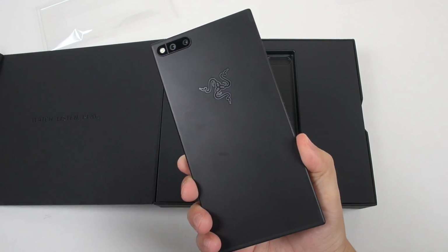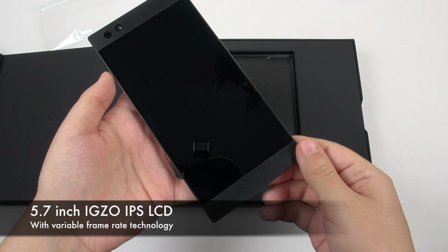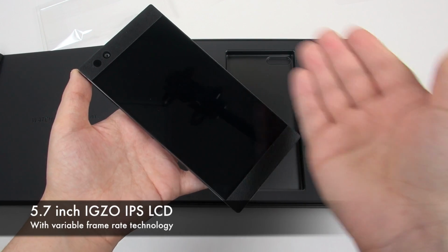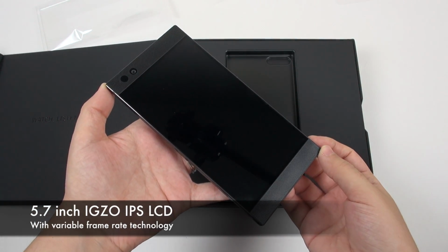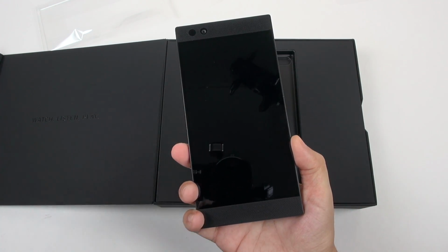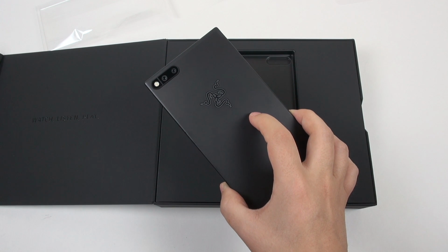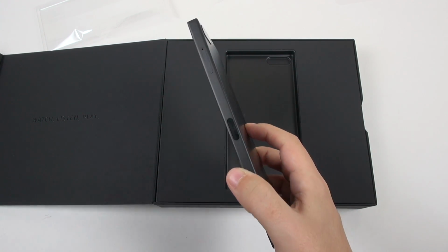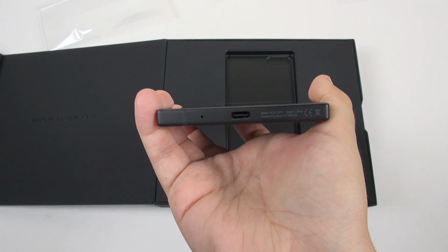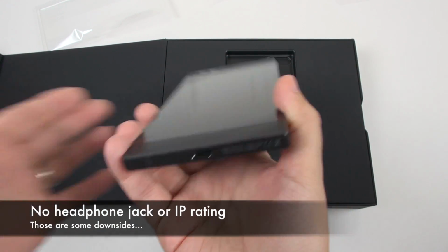Now, spec-wise, this thing is a beast. It's got a 4,000 milliamp hour battery inside of it. We've got a 5.7-inch display. It is a 16:9 aspect, and I'm actually pretty happy to have a native 16:9 aspect for media watching. It's got Quad HD resolution, 515 pixels per inch. We have the Snapdragon 835 SoC inside of this thing. We've got 8 gigabytes of RAM. It's got 64 gigabytes of internal storage, but we do have an SD card slot, which should be paired with the SIM card. We've got Qualcomm Quick Charge 4.0. Yes, you can see down here at the bottom that there is no headphone jack, although in the box,